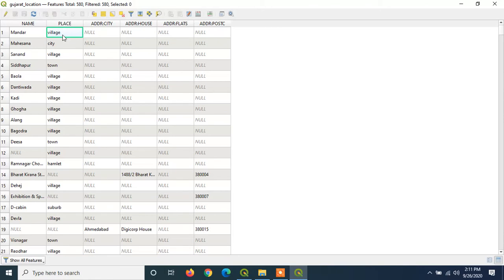Mehsana is a name of the place which is of type city. So this is an attribute table. We can edit this attribute table, we can add records or remove records or update the records.